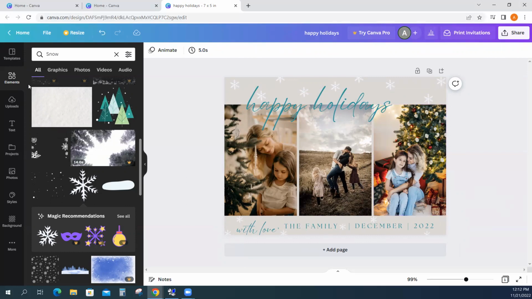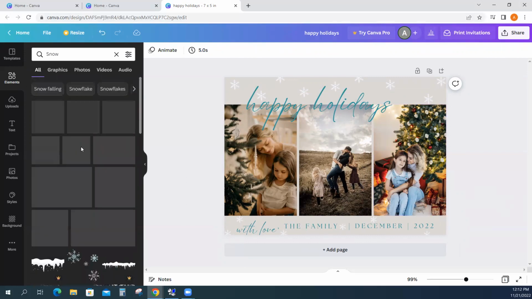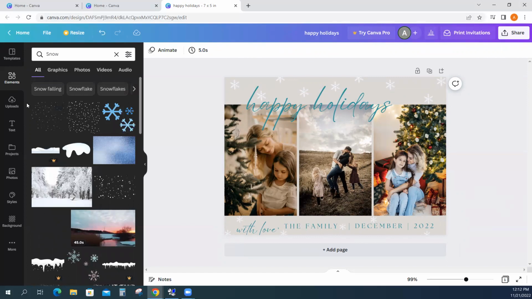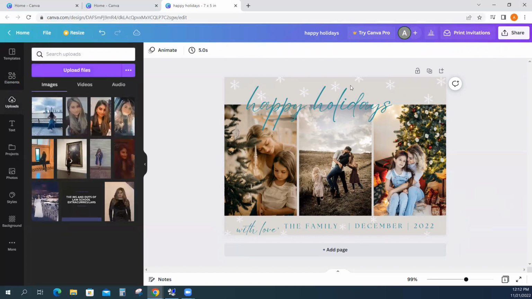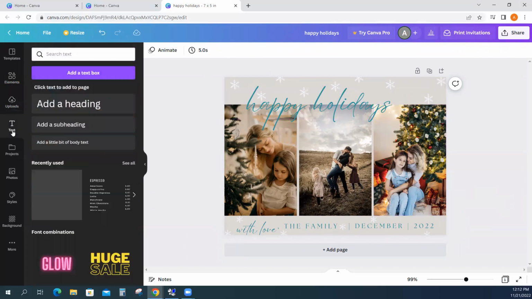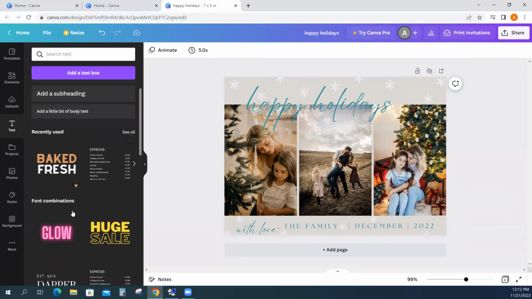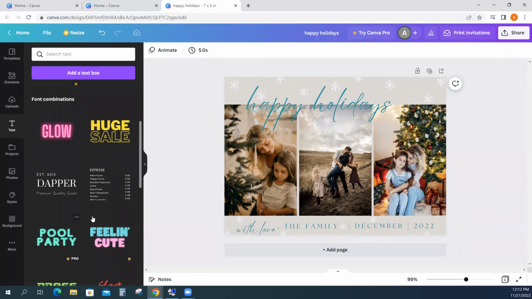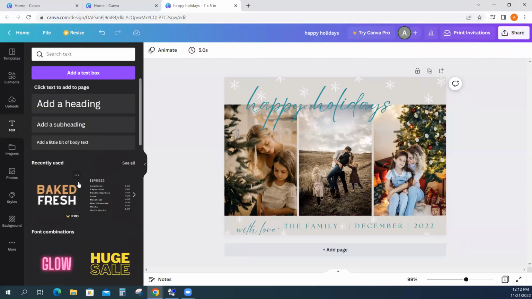So that's with the snowflake in elements. I can then click on upload if I want to bring any of my pictures in here. Next, we can click on text, which this one already has text, but if it didn't, down here again, these are paid, so we wouldn't be using any of these, but I can click on this one here. If it was a heading, subheading, with just a little bit of body text, you know,